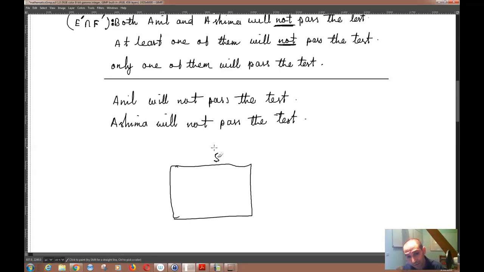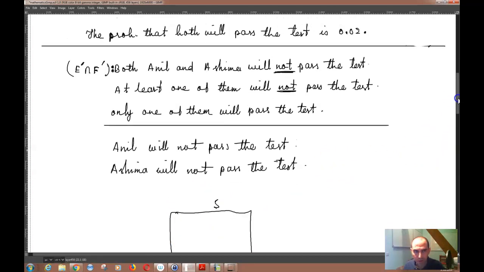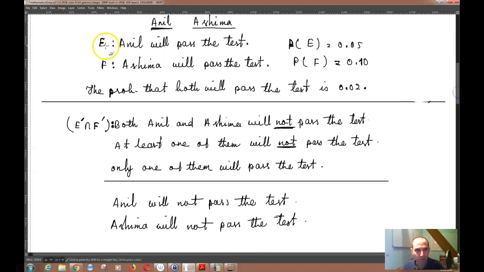But you could imagine that in your sample space there are a number of outcomes that will result in event E occurring, meaning that